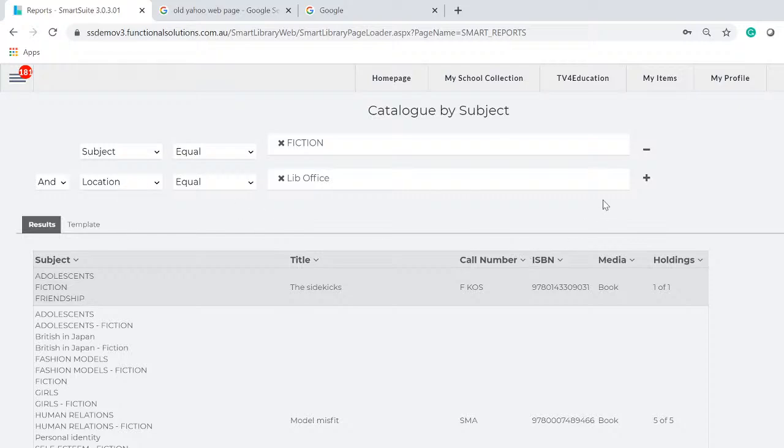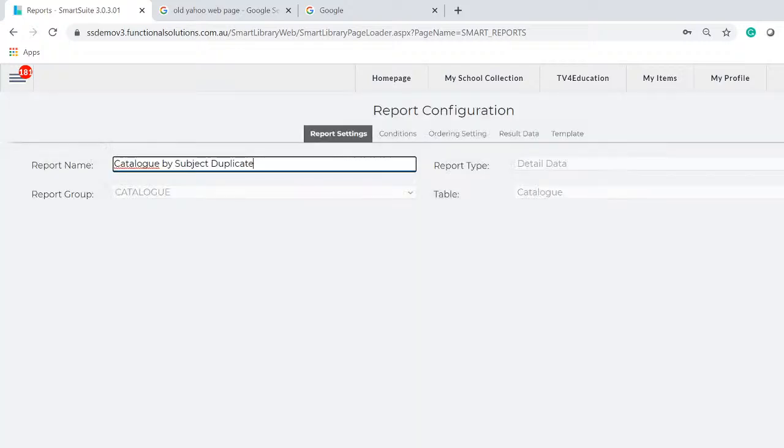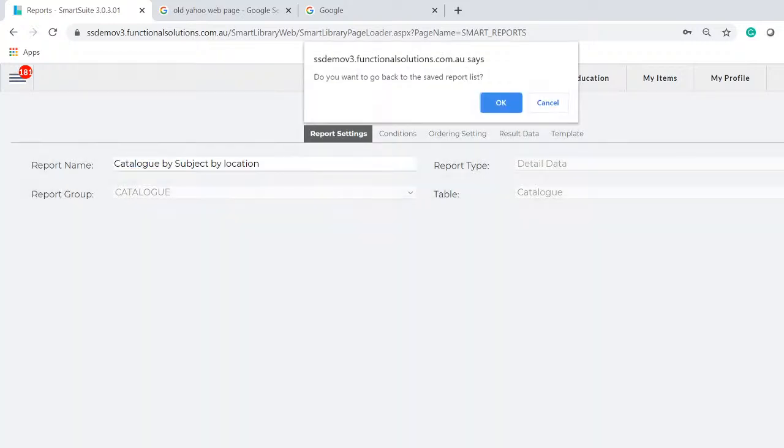But if that is all I want to do, I can click the configure button. And it says, what do you want to give this report as a name? And I'll call it location by subject, and then by location. And now if I go save,